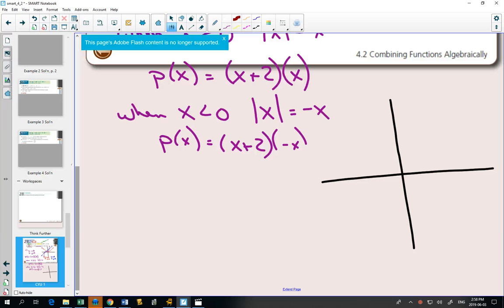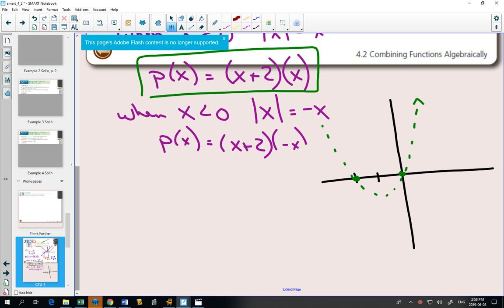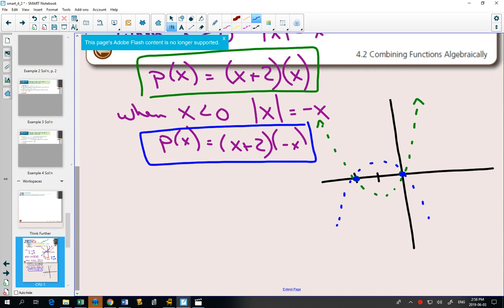If I had this one, it is a parabola that opens up, has x-intercepts at -2 and 0. A parabola that opens up, I'm going to just draw it in a dotted line, would look like this. And this graph would also have x-intercepts at -2 and 0. But when you multiply it out, you get a -x squared. And that parabola would open down. And our function P of x, in the end,